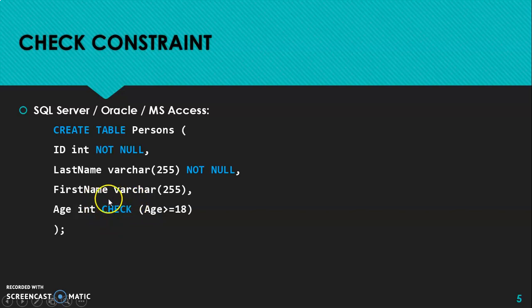So you have given the constraint with the column name itself. Here again there is a limitation on the age column: the value in this age column should be greater than or equal to 18.